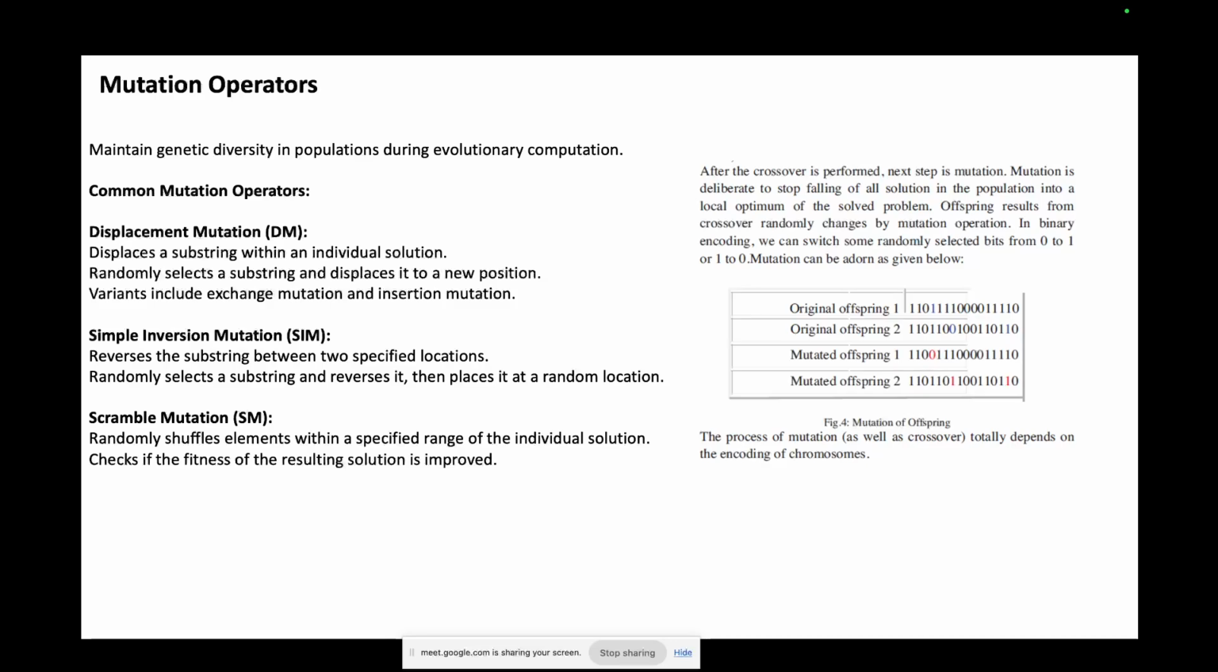The other type of mutation is scramble mutation, which basically randomly shuffles elements within a specified range of the individual solution, and then it checks if the resulting solution is improved or not. So these are different types of mutations. There can be other types as well. You can just substitute one solution by another. That's a substitution. You can have a deletion, but